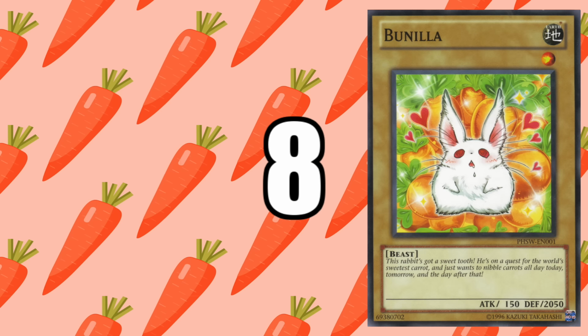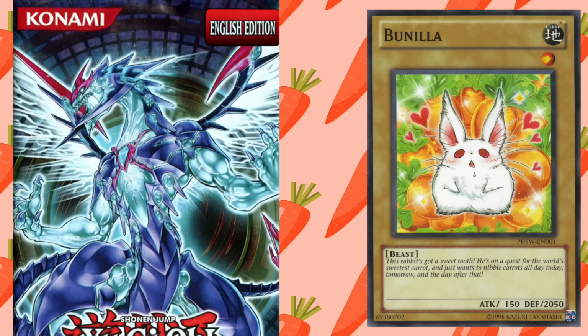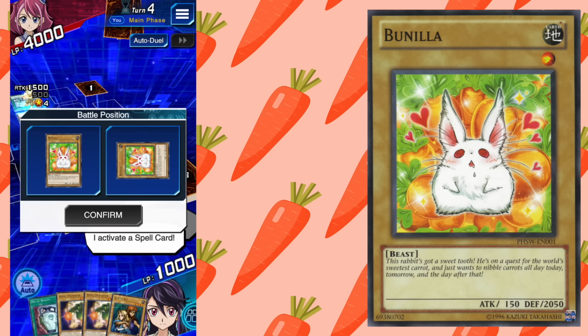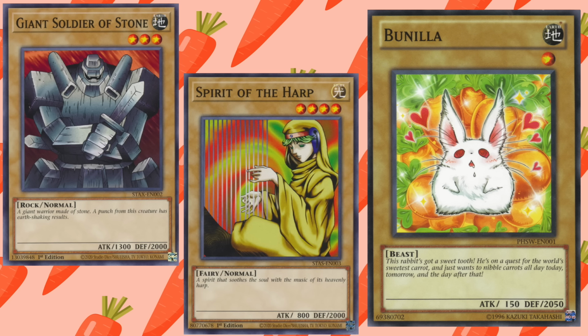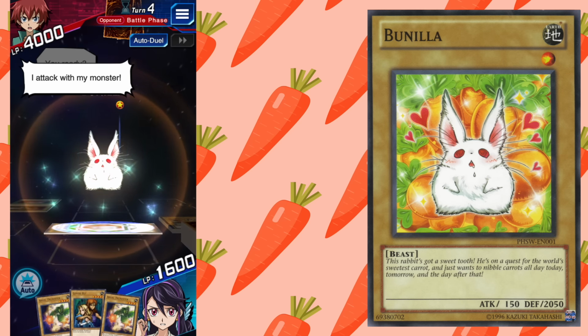Number 8, Vanilla. Vanilla came out in the 2011 set Photon Shockwave, which had so many rabbit monsters in it. The most rabbits per capita in any Yu-Gi-Oh release, which you'll hear more about later on this list. This was a random normal monster with high defense, who would have been good if it came out when Giant Soldier of Stone or Spirit of the Harp defense was meta,